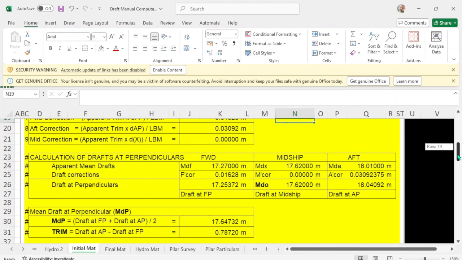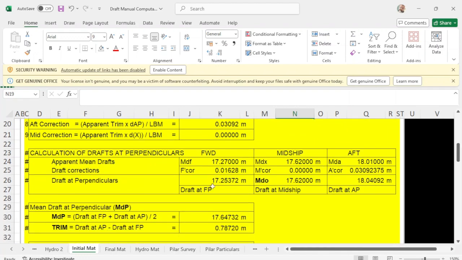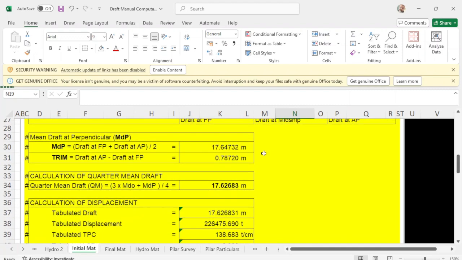Then here, apply the correction. This will be your corrected draft forward, corrected draft midship, and corrected draft aft. This will be your mean draft, and this will be your true trim, corrected trim, and this will be your quarter mean draft.